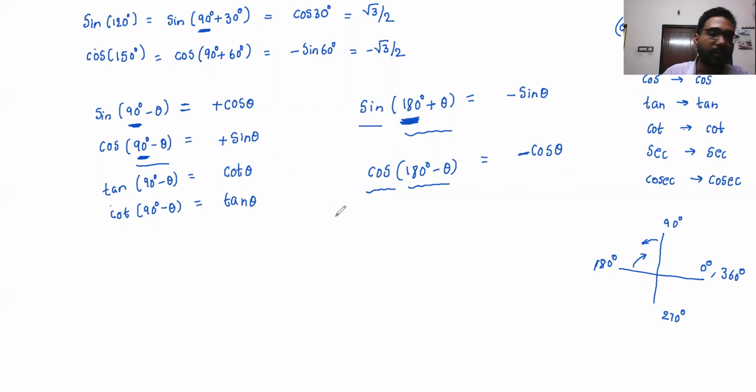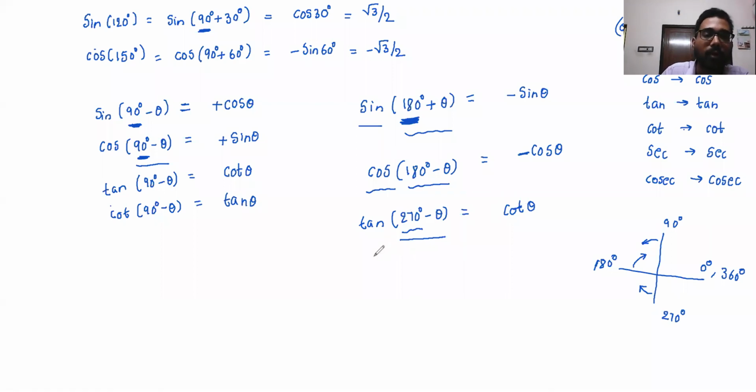So minus cos theta. Suppose you take tan of 270 minus theta. Now the same rule here: 270 is an odd multiple, so tan will change to cot. So directly write cot theta. After that, to decide whether you should put a plus sign or minus sign, you should see the quadrant. The quadrant is third, because 270 minus means this way. So 270 minus theta is a third quadrant angle. In the third quadrant, tan is what?